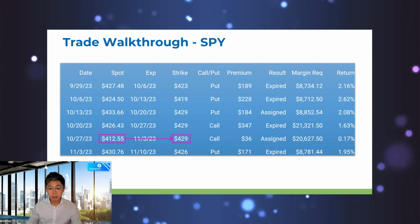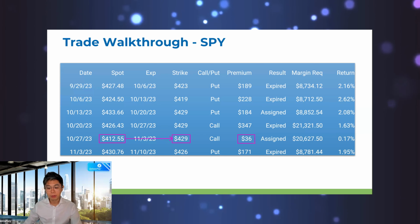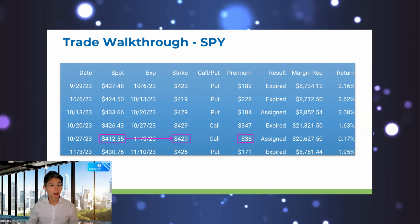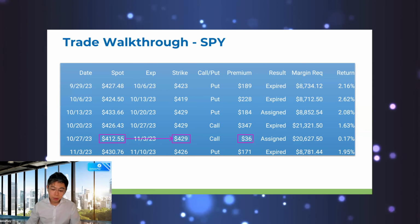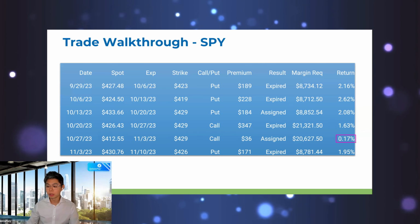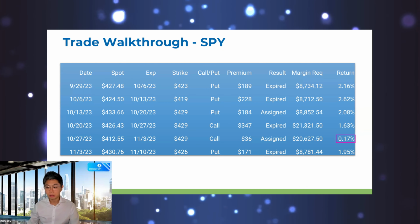This call only collects $36. That's okay. You have to accept the fact that not every single week you're going to be able to generate the maximum income. Sometimes when the stock declines, you're just going to get less premium. In this particular case, I'm only going to generate $36 worth of premium. So this week, I'm only going to generate 0.17% yield